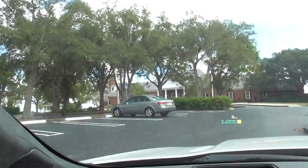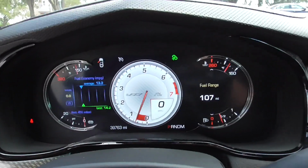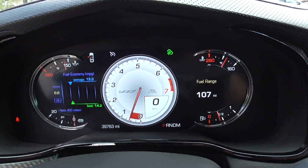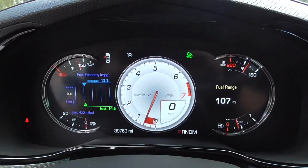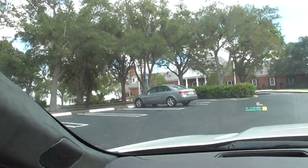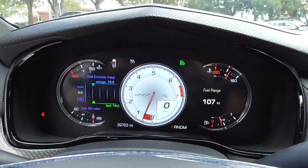Alright, we're at the golf course clubhouse, so I don't want to rev it too much. This thing is super loud, but we'll get it out on the road in a little bit and see how it sounds driving on the street. We'll leave it idling for now, as long as we don't rev it, so we don't get some angry golfers coming over here. You got that nice smell coming inside. I love the smell these cars make. I don't know if it's the exhaust or what, but